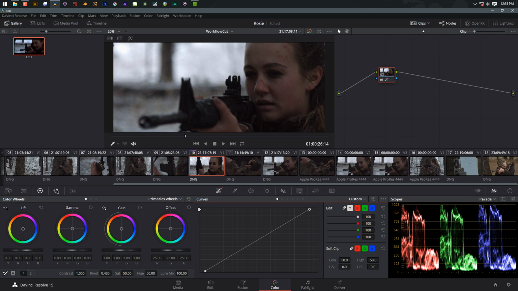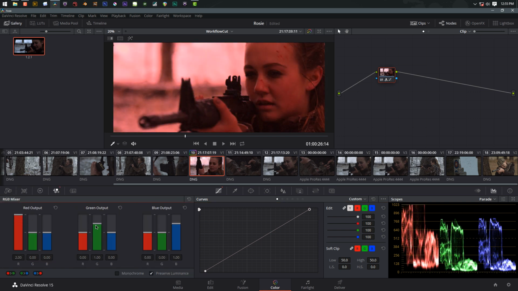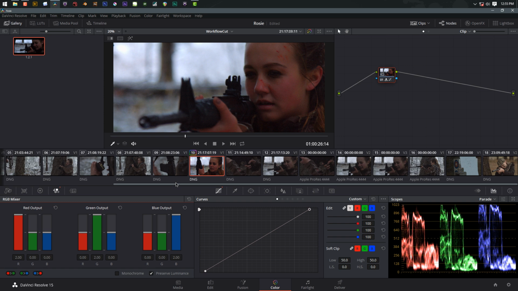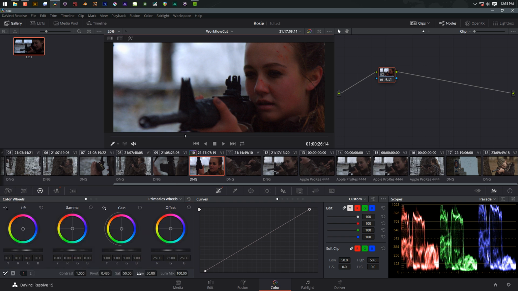I would probably come into here, increase my reds, my greens, and my blues. That might be a bit too saturated for me, so now I'm going to come in and just pull out some saturation from that. I'm just trying to balance the image, just trying to make sure everything looks kind of decent. I'd say, okay, that's balanced. Go through and balance the entire movie, then I come back and start doing my creative grades on top of it, which might involve